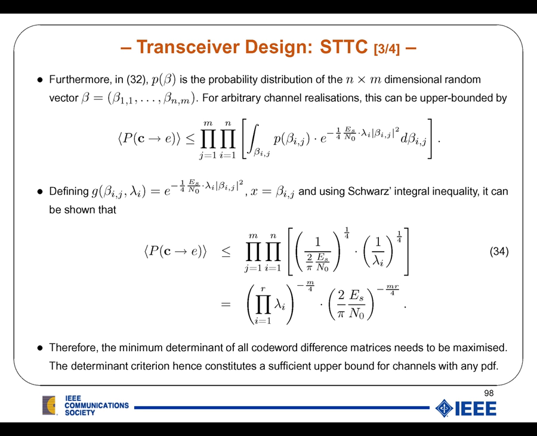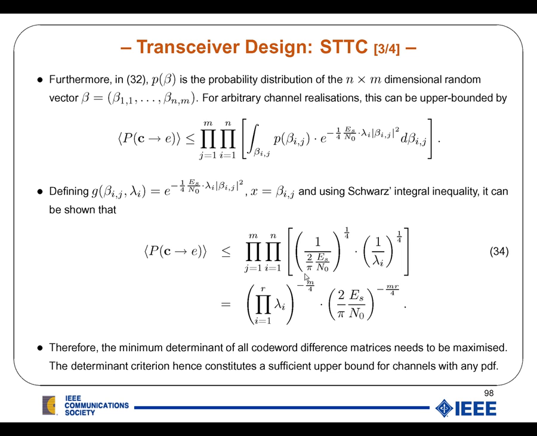Now, P of beta is the probability distribution of my N by M dimensional random vector. And it can be shown that we can upper bound that one by interchanging the product and the integration by this term here. So the pairwise error probability is upper bounded by that expression here. Now in addition, if we define g to be of that form and x of that form, and we use Schwarz's integral inequality, we can show that this pairwise error probability can be upper bounded by that expression here, where we have M to the power R right here, where R is the number of non-zero